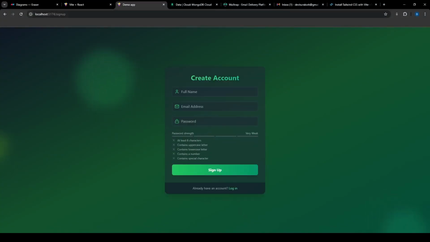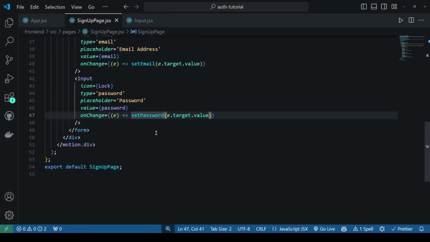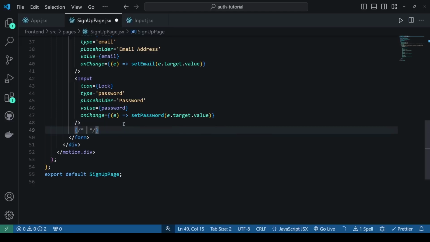Below it, we would like to have a component called password strength meter. So I'll just put a comment. Let's just say password strength meter. We'll just go